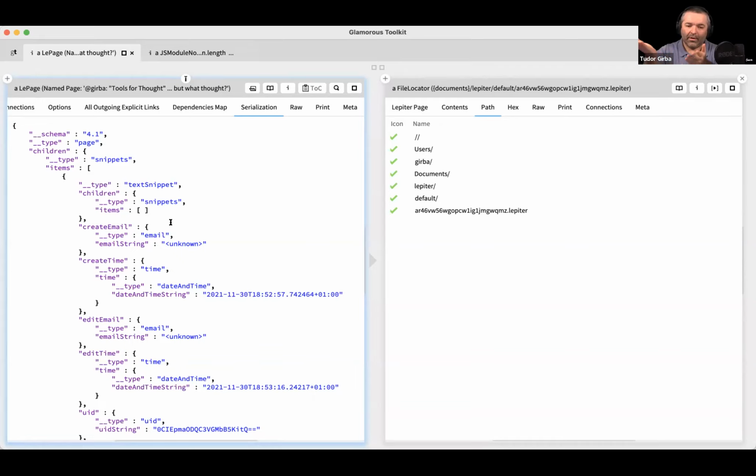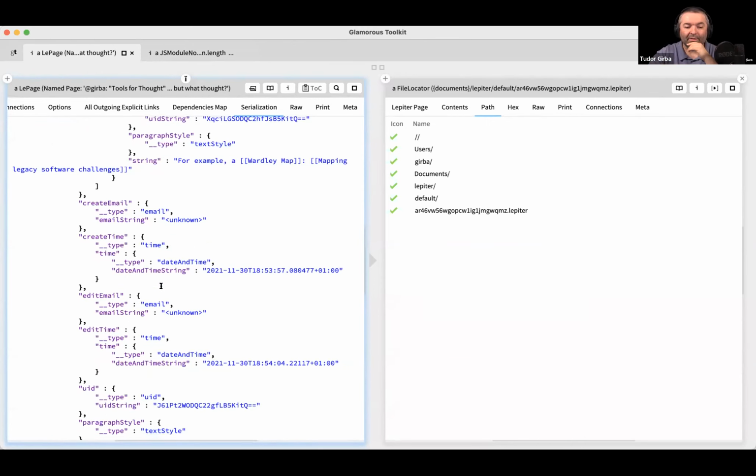So yeah, the answer is the latter. But here, for example, this is a single file representing this particular page. You can just copy it and manipulate it in any way. And there's a JSON format here. Of course, you don't have the schema for it, but it's actually not that difficult in this specific case. And that's basically how we would address that problem.